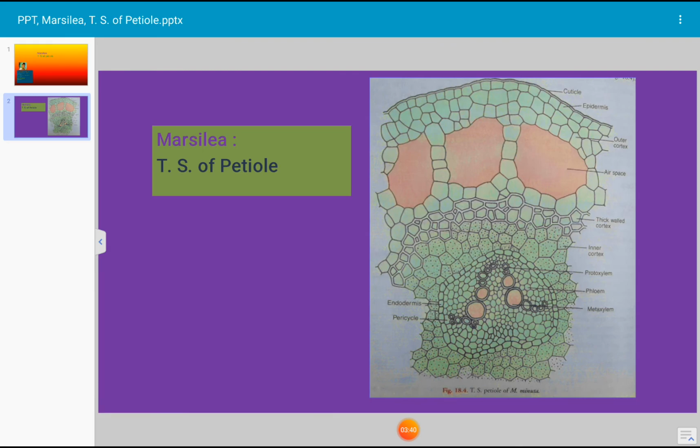petiole of Marsilia, pericycle is also there, which is placed very close to the endodermis. The end of each arm of V-shaped xylem are protoxylem groups, whereas the middle region of the arm of V consists of large tracheids representing the metaxylem groups or metaxylem cells. The opening of V-shaped xylem is always towards the axis, that is adaxial side. This is all about the internal structure of petiole of Marsilia or anatomy of petiole of Marsilia.